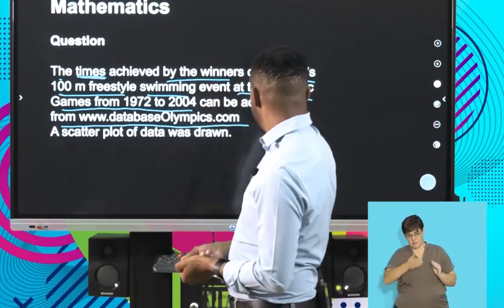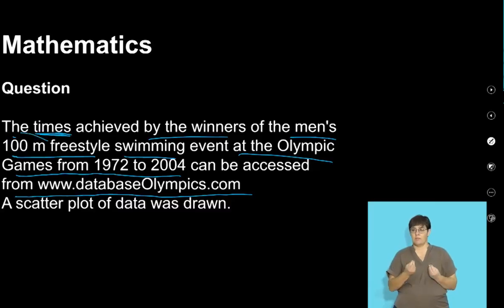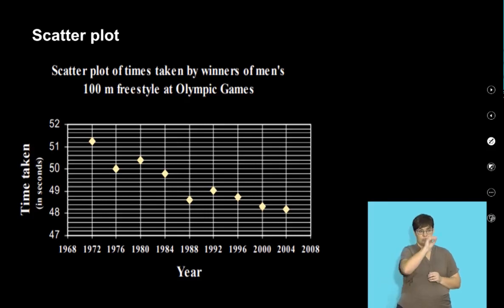For what event? Are we given an event? A 100-meter event. Are we together? Let's see what we have now. So the 100-meter event. There's a scatter plot. Those are the times for men. So there's a scatter plot. You can see that in